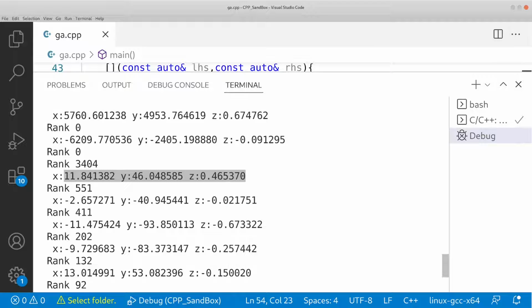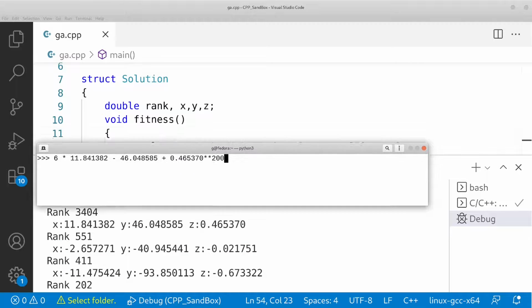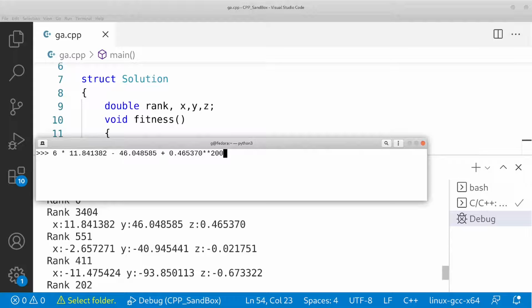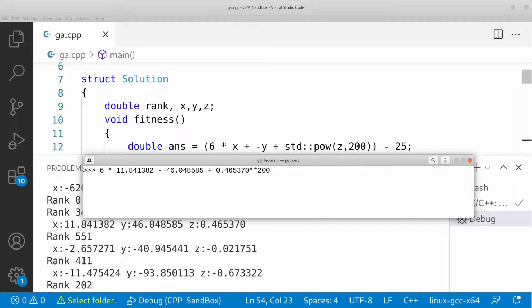So let me just see if we got a proper solution with this. As you can see, basically what we have here is the solution. The x is 11.8, y is 46, and z is 0.4. And if we apply this to our function, so our function is basically 6 times x, so we're doing 6 times 11.8, the negative y, so we're subtracting 46 from this, and then we're taking z to the power of 200. So basically we're doing the same thing. This is Python if you didn't know. We're going to click enter, and as you can see, we got